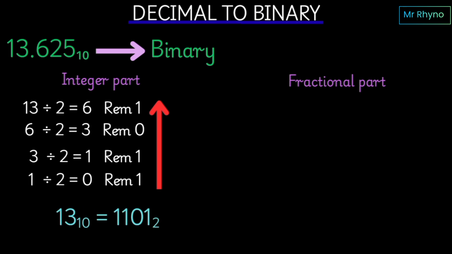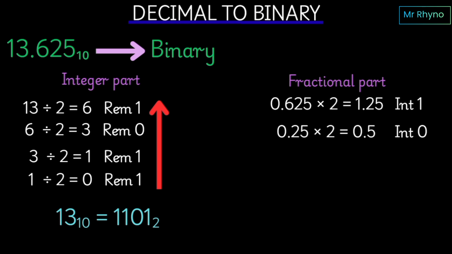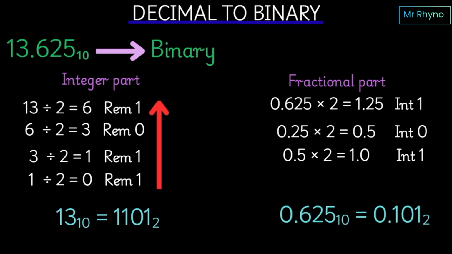We move to the fractional part, and our fractional part is 0.625. We multiply this by 2 and we get 1.25. The integer part is 1. Next it shall be 0.25. So it shall be 0.25 multiplied by 2. We get 0.5. The integer is 0. The next number shall be 0.5. 0.5 multiplied by 2 is 1.0. The integer is 1. And the remaining number is 0. So we are done at that point. So we write these numbers from the top to the bottom, and we shall have